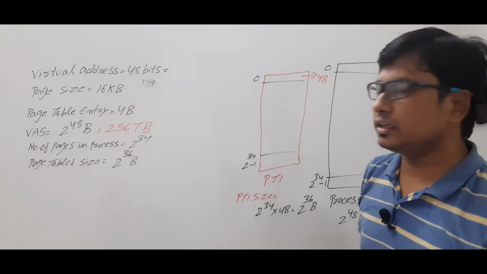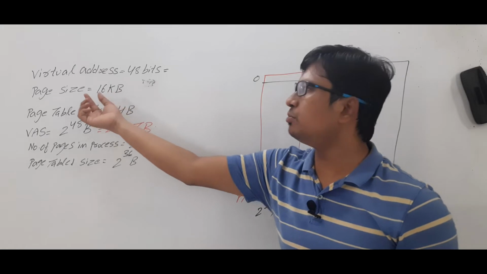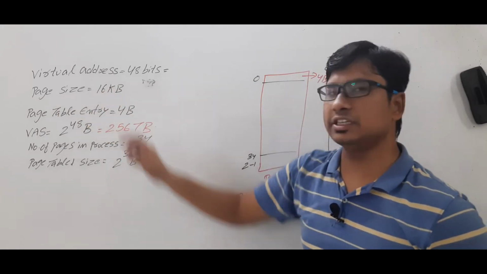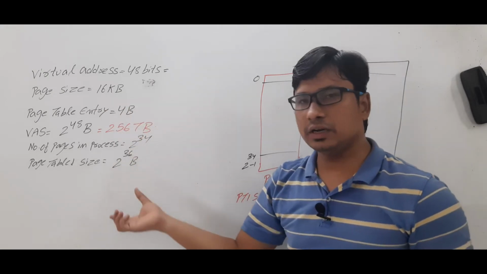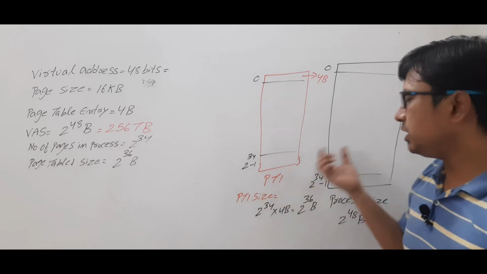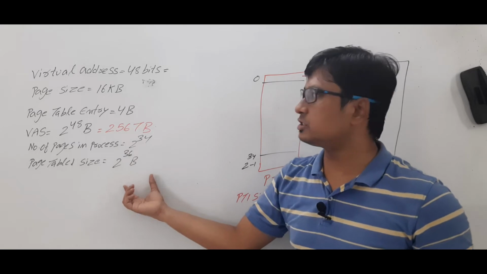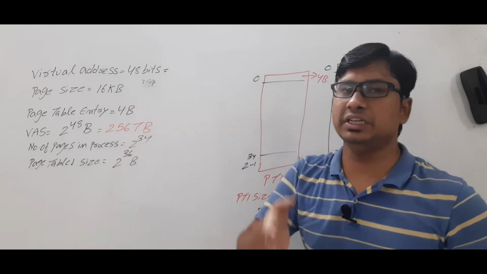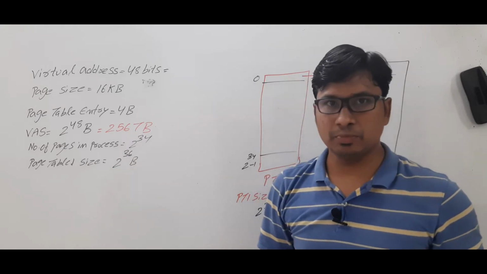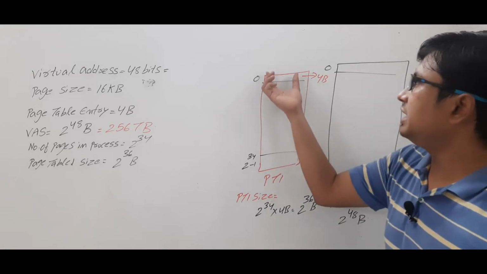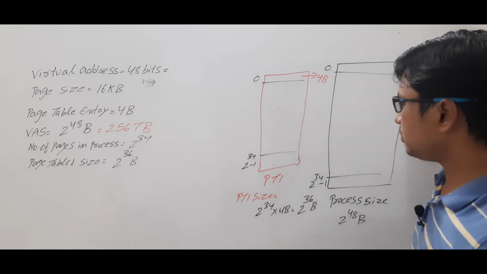Now, if your page table size is 2 power 36 bytes, what will your frame size be? As they have given the page size as 16 KB, your frame size also will be 16 KB. Logically, an entire page table should be loaded in one of the frames of main memory. Your page table size is 2 power 36 bytes, but your frame size is 16 KB. So in 16 KB of free space, can you keep 2 power 36 bytes of information? That is not practically possible. So what do we have to do? Again, we have to divide this page table into multiple pages. Are you able to understand?